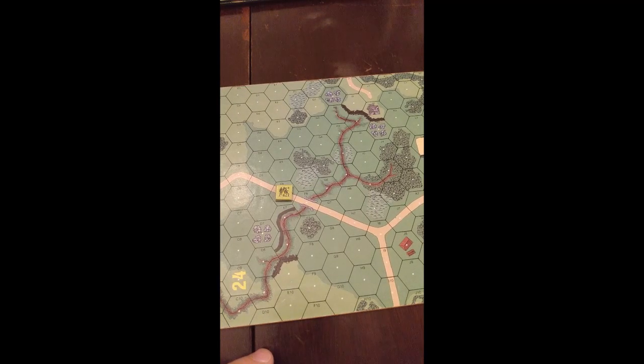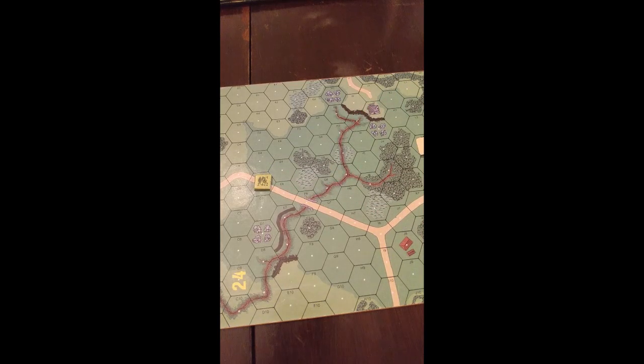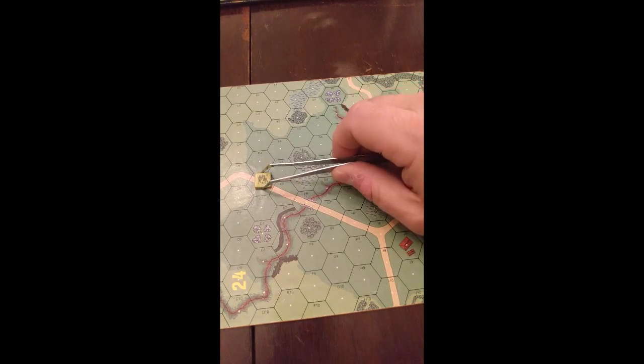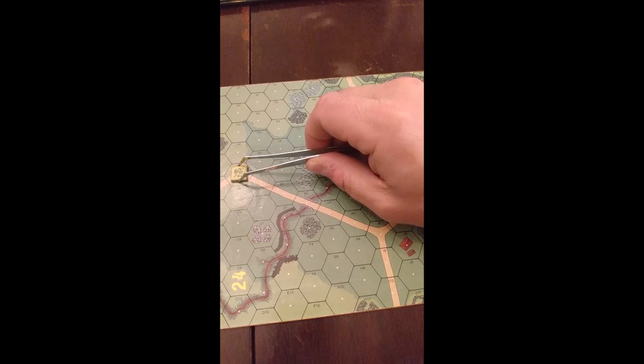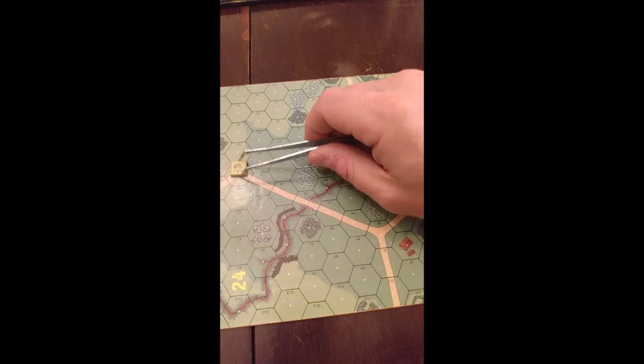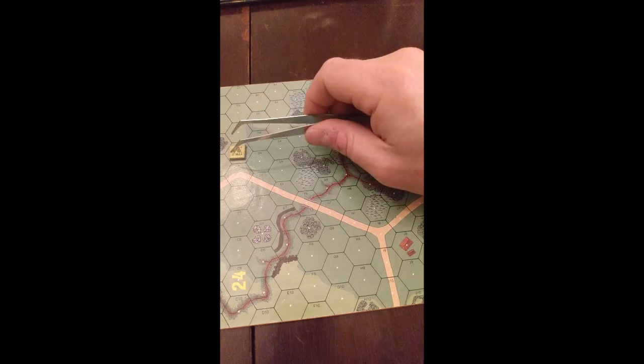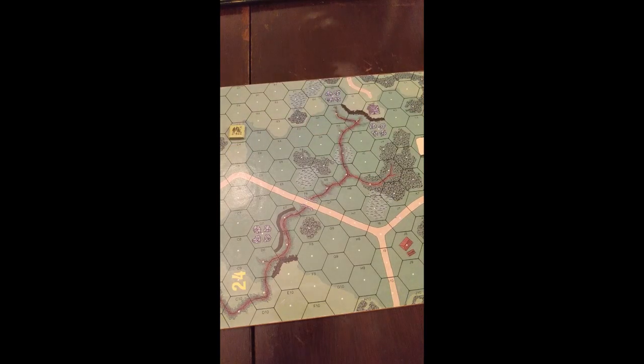And that's one movement factor. D5, yet another movement factor. Then we're going to go to C5. We're now going up in elevation. So it's one movement factor for the hex, plus doubling it for the change in elevation to level 0, which takes two movement factors. And then we're going to go to C4, same elevation, so that's one more movement factor, and C3, another movement factor, ending our movement phase. And then here we can see a couple things.